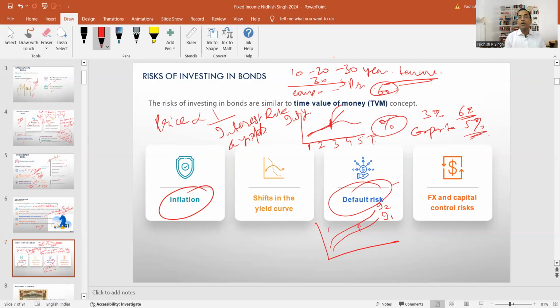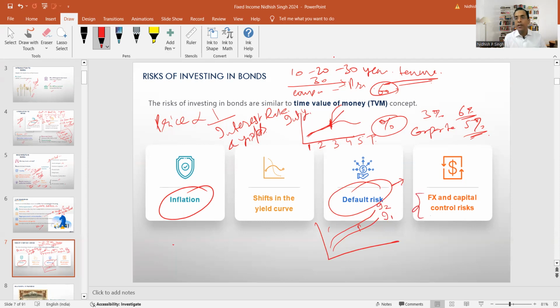It is very hard to predict which company will thrive 2 years down the line. So if any corporate has issued a bond and faces financial difficulty and files for bankruptcy, there could be default risk for that particular bond. So that is another key aspect to consider about bond